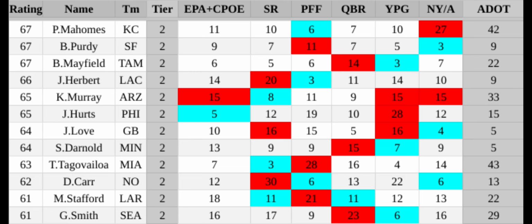So, Carr, great stuff. Again, he's held back by the success rate stuff, which I'm not going to say is nothing, but I think a lot of people are just like, oh, he's washed up, he's not good. No, he had no receiving talent. Olave played 8 games, at least with Carr, I believe.